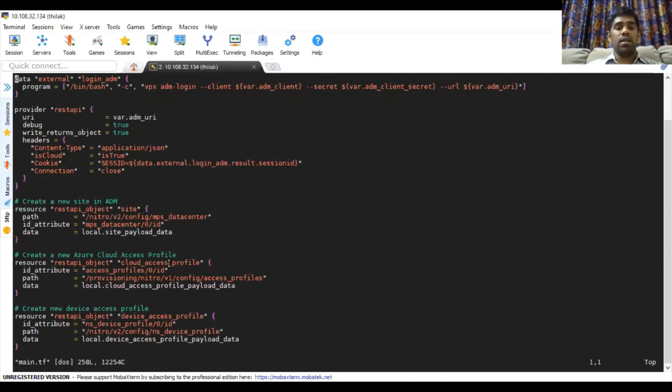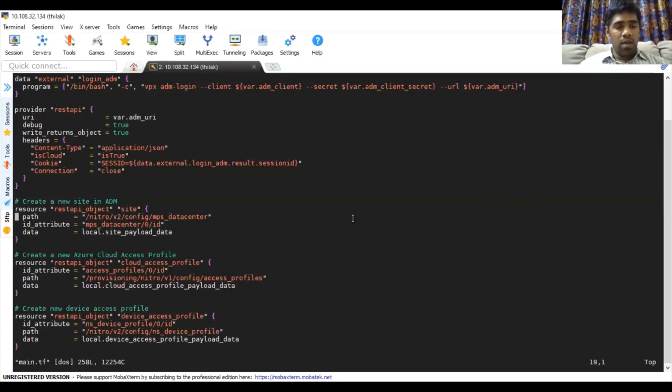The site access profile and device access profiles are getting created using the REST API object. So we use this REST API plugin as part of our package and upload it to the artifact.